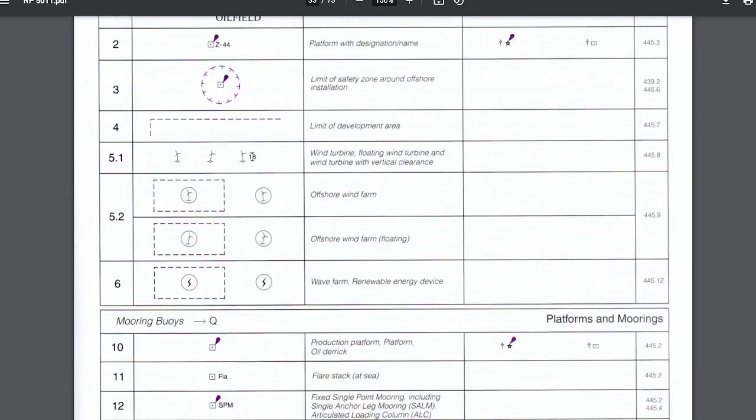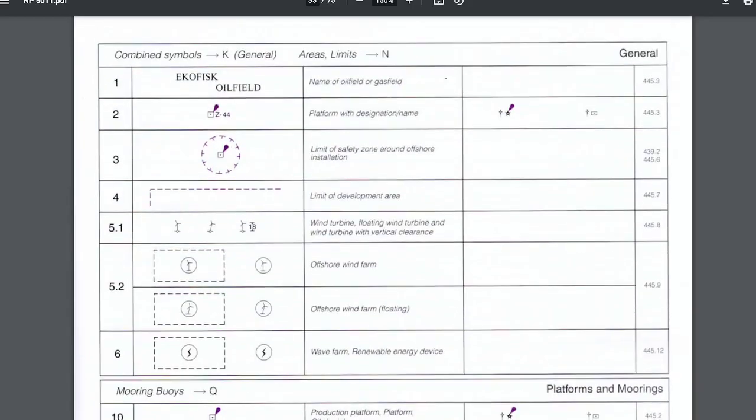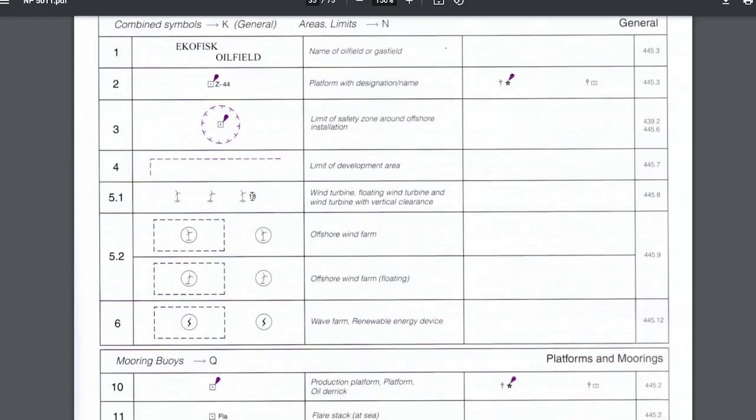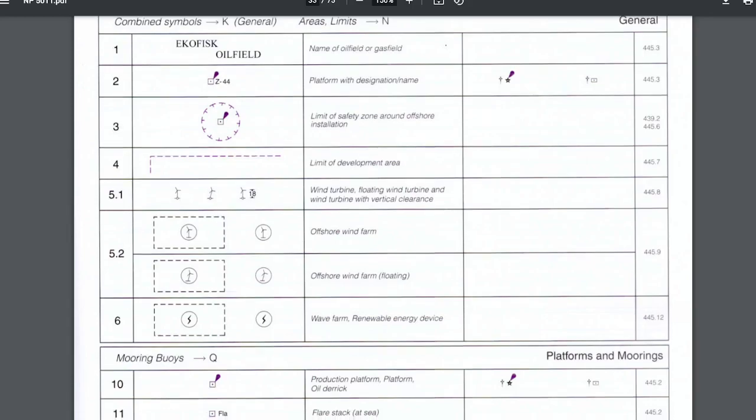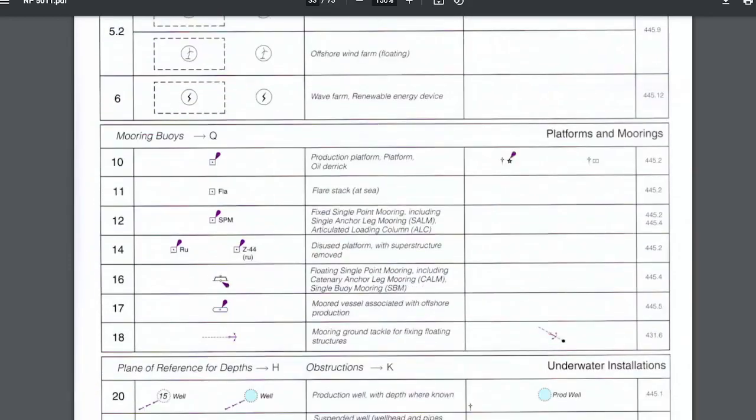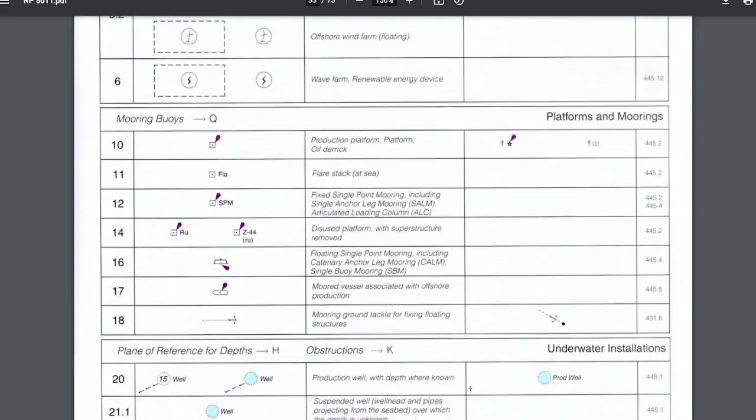Offshore installations, name of oil or gas field, offshore wind farms, all the windmills, wave farm, renewable energy device. So basically, they produce energy using the sea waves. So you need to be aware of all these: mooring buoys, single point mooring, production platform,